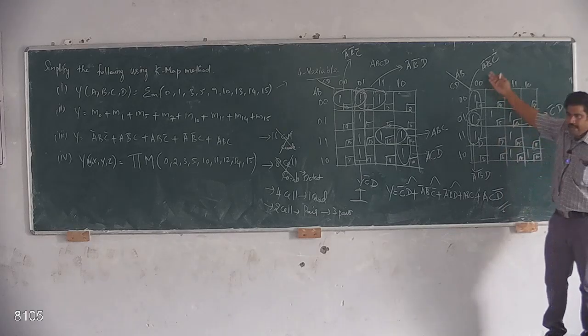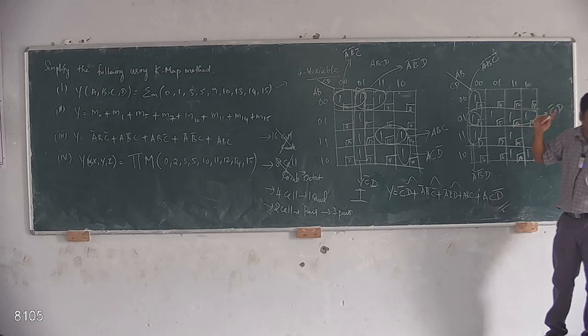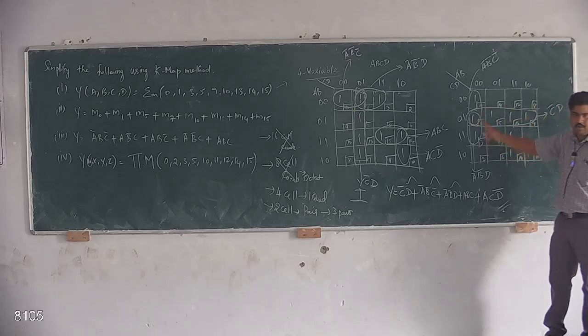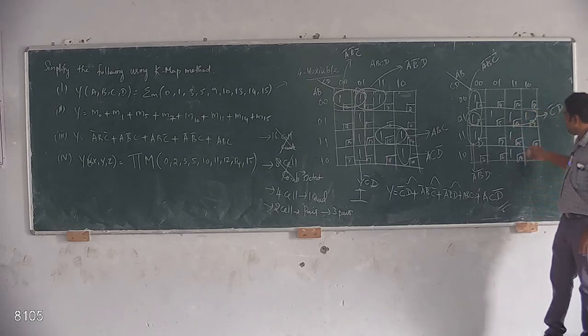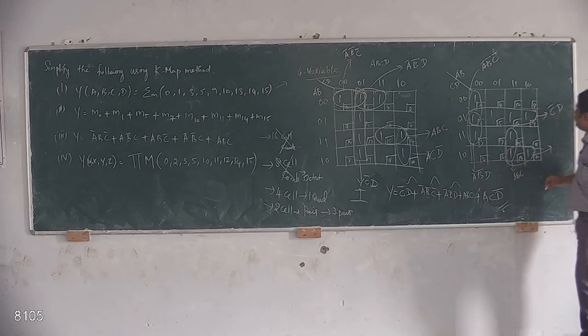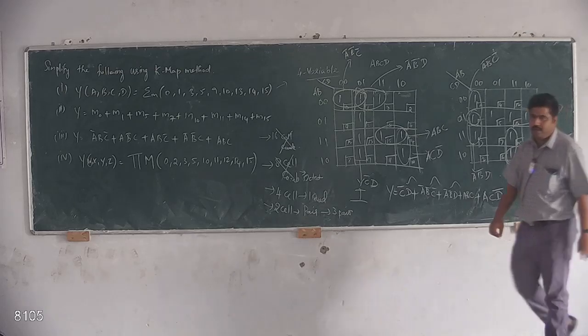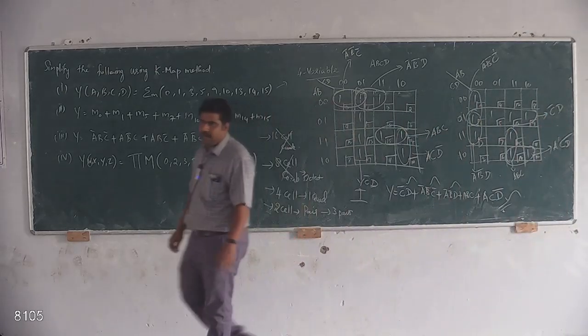You can choose either AB here or CD here. The only thing is, you should be very careful in defining the decimal value inside the box. If this goes wrong, everything goes wrong. So what is the next thing? What is this value? AB into C, this value is A, C, D bar. The same answer we will get. Okay, so you can choose any format, but the answer is the same.